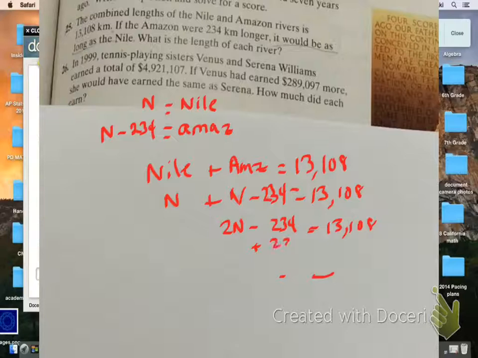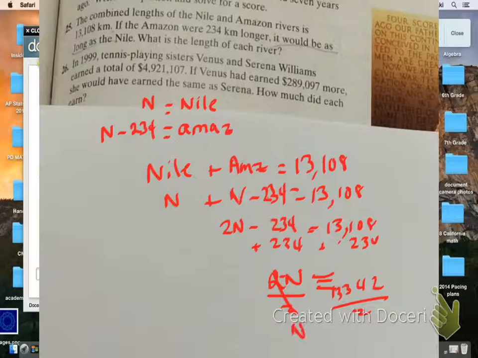So add 234. We end up with 2N equals 13,342. Divide by 2, and N is equal to